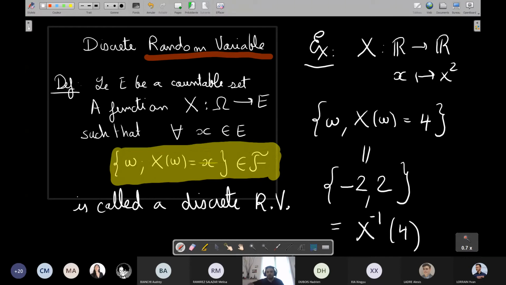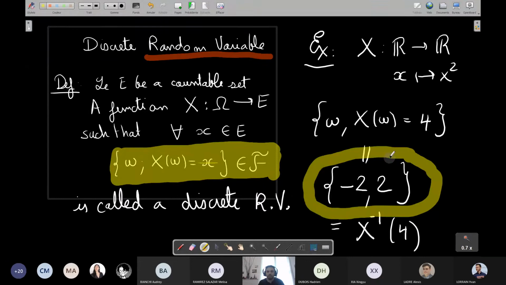In French, it's the préimage. C'est la préimage de la valeur 4. Ça me donne un ensemble, ici -2 et 2. So it's the inverse image of the value 4 that gives you two possible solutions, -2 and 2. If this set is in the sigma field,